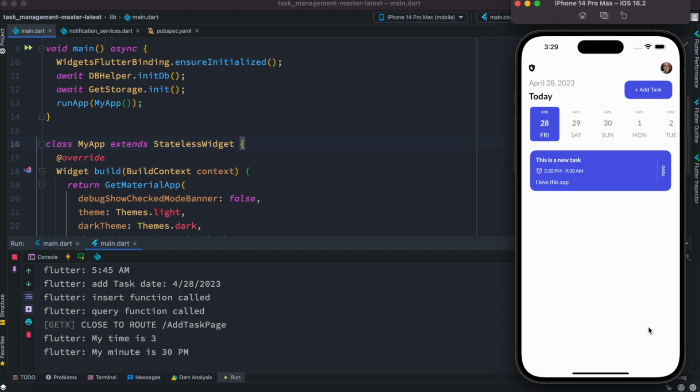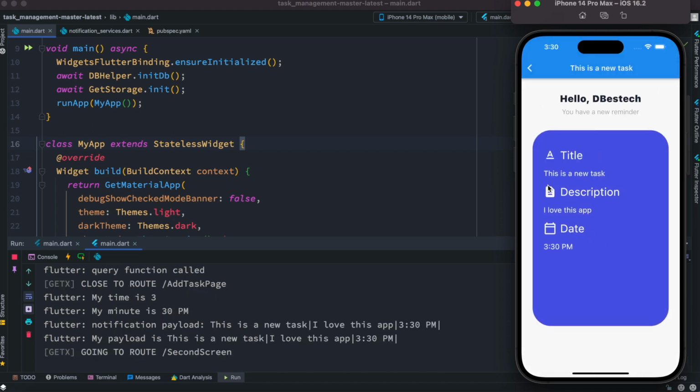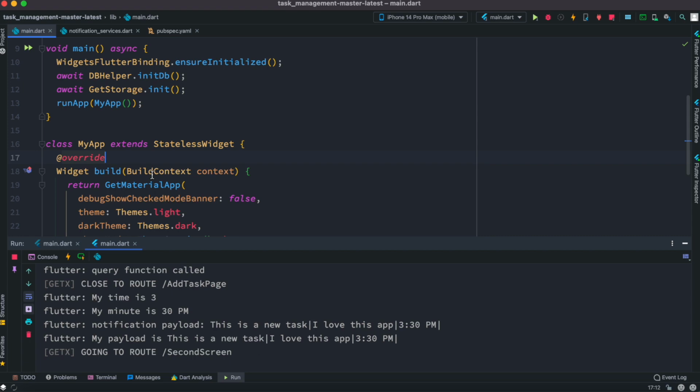Now we are waiting for the notification. So as you can see here, it says that this is a new task and I love this app. Now it's gonna go there. All right, now we're gonna go for